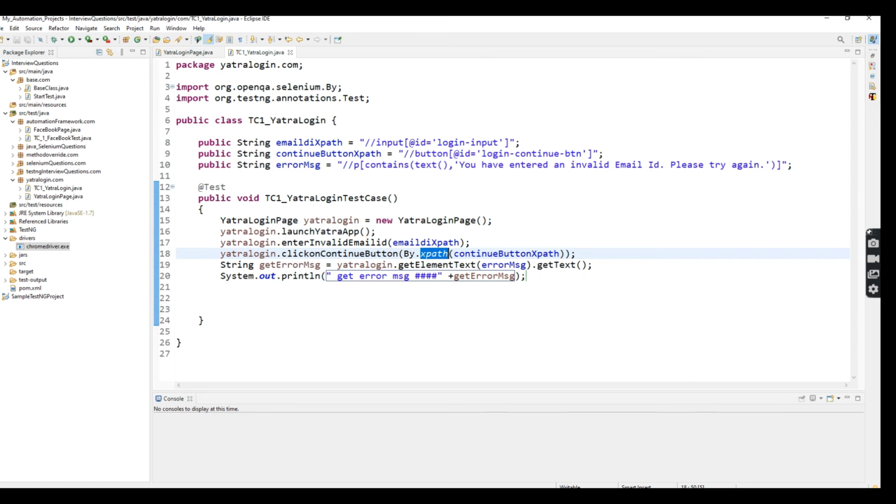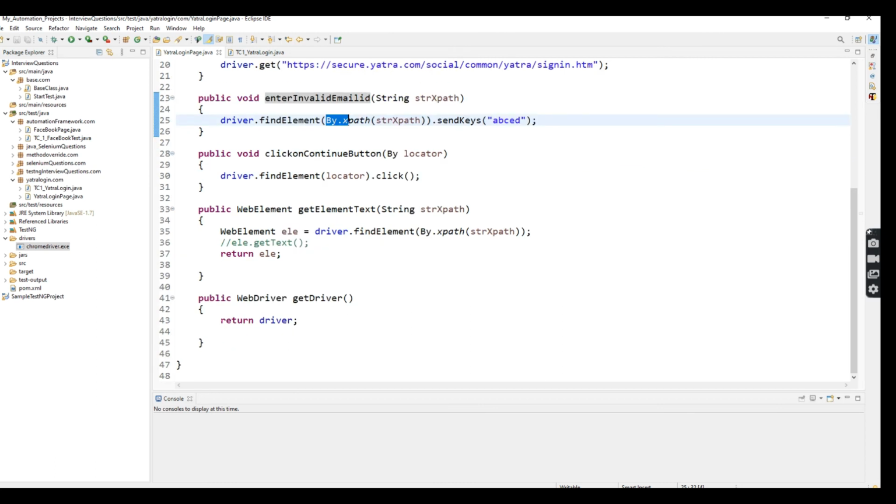So for that reason I'm using By dot XPath, passing the string variable which stores the XPath value. After that I'm using the web element method, which is get element text, right? So the reference variable dot web element method name, I'm passing this XPath variable. And after that, whatever action you want to perform using this web element method, I'm using get text. So using get text only, I'm going to print this error message, right?